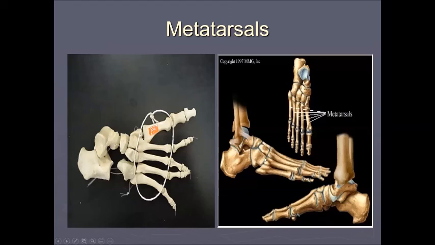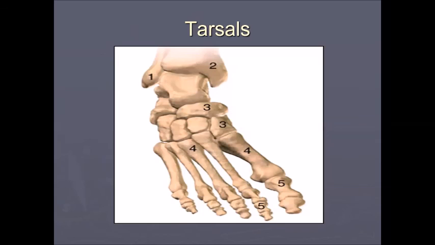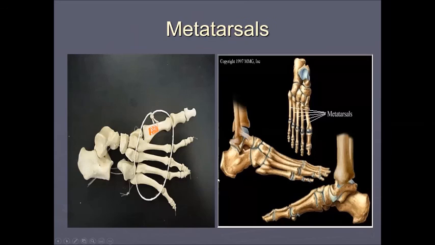Next, we have the bones that actually make up the foot, and we call this the metatarsals. Okay, so it's a little bit similar to how we name the bones inside the hand. We call the bones inside our wrist the carpals, and we call the bones in our hand the metacarpals. So it's a similar situation. We're still using that same meta word, okay? We call the bones inside of our ankle the tarsals, and the bones that are inside our foot the metatarsals,